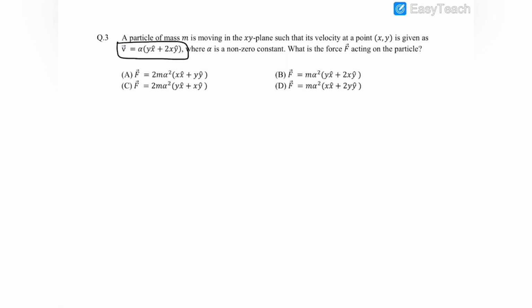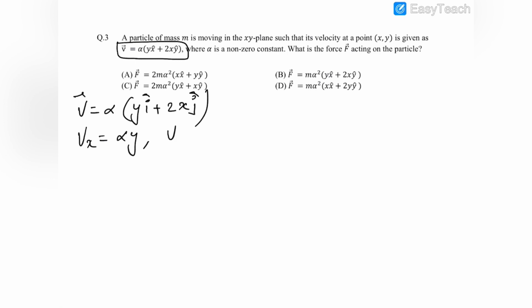Okay, where alpha is a non-zero constant. So we have to find out the force acting on the particle. First of all, let us see that the velocity v is equal to alpha y i cap plus 2 x j cap. And for the acceleration, you can see that in this equation vx is alpha y and vy is alpha into 2x, 2 alpha x. So you can differentiate this equation, dv by dt,